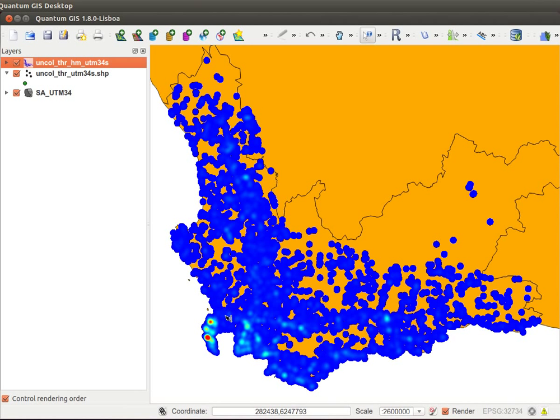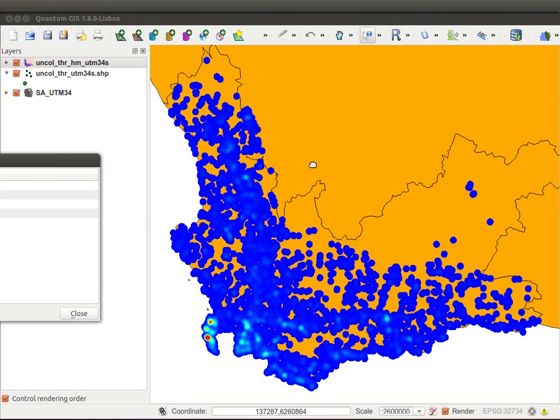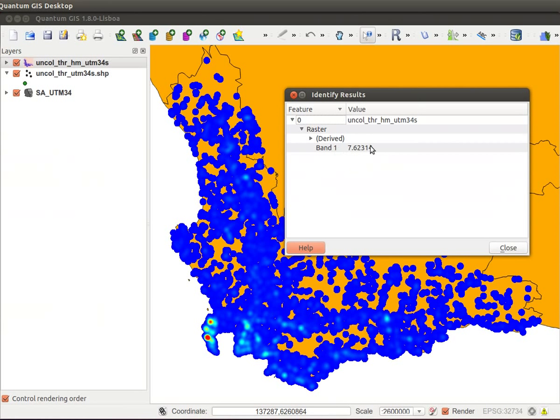We want these areas to show up, but we don't want all of this noise. Click there. The value there is 7.6. Over here it's 17. So it seems to ramp up pretty quickly. So I think what we're going to do is set the value as 10 and have a look at